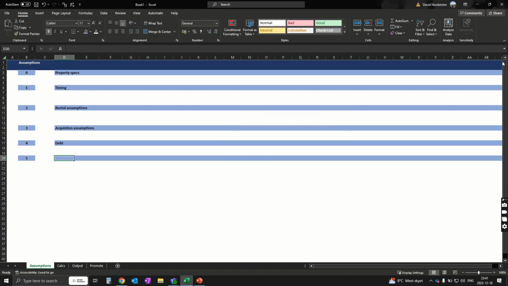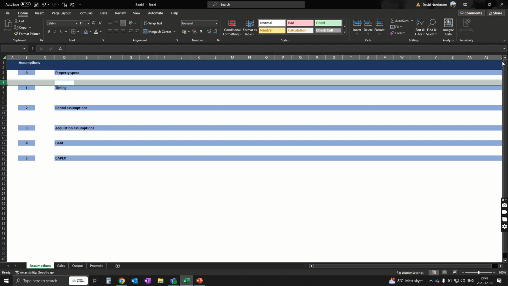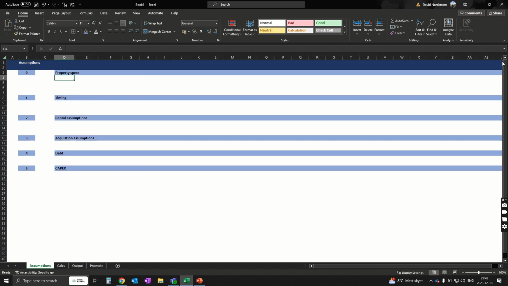Let's get it like this, and then perhaps we need some capex, because I read that the commercial space was completely vacant and they needed some renovation to get it up and running. So that's where the value add is. That's where we make the money. Okay, I'll just fill out with what I think we need, and we can provide the actual numbers from the investment memorandum. So let's say number of units,